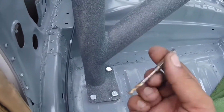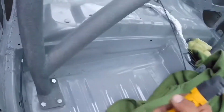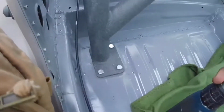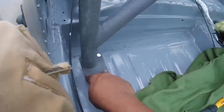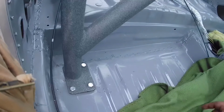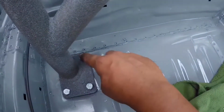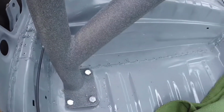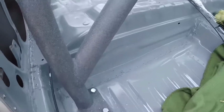Basically, I took a pilot bit and just did the holes through the middle. Then I used a step bit and stepped it down. I believe these bolts are 3/8. I used that little 90-degree adapter to get this one back here because the drill doesn't really stand up straight in that area. So it's pretty simple. Once you get those bolted through,